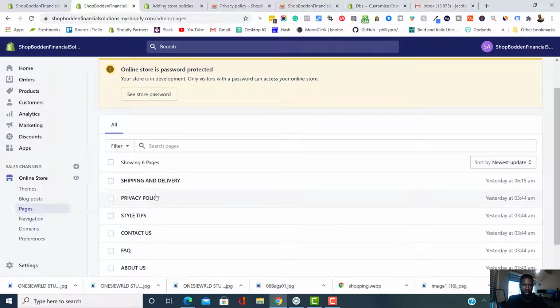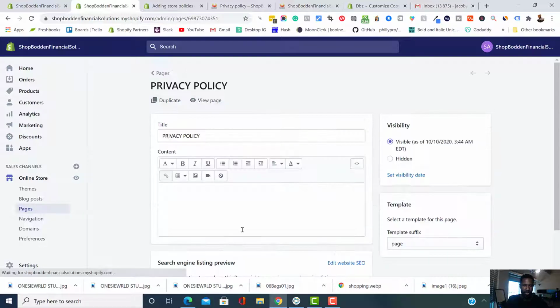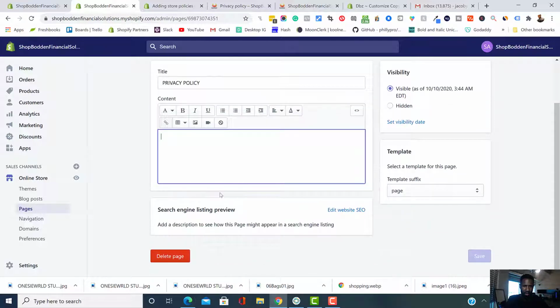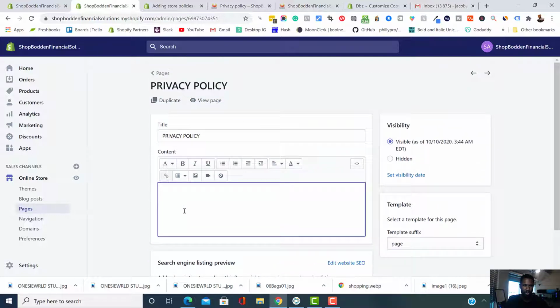So for instance, if you click on where it says privacy policy, you probably don't even know what a privacy policy is. Of course, you've seen this before on other websites, but you're like, yo, I don't really know where I should start, what I should do, how I should start entering information. So the easiest way is to just go to another website. It's probably not the most ethical way, but the easiest way is to just go to another business owner's website,